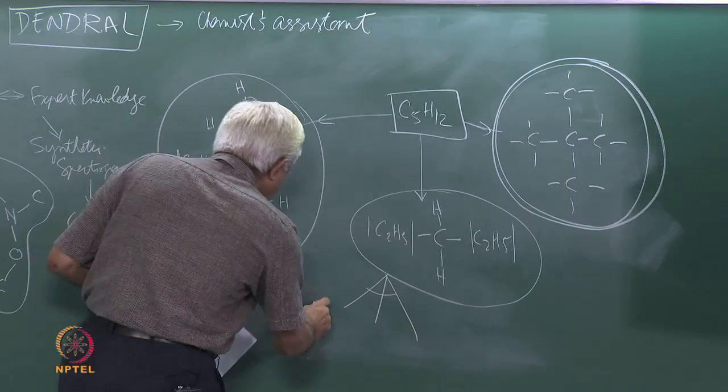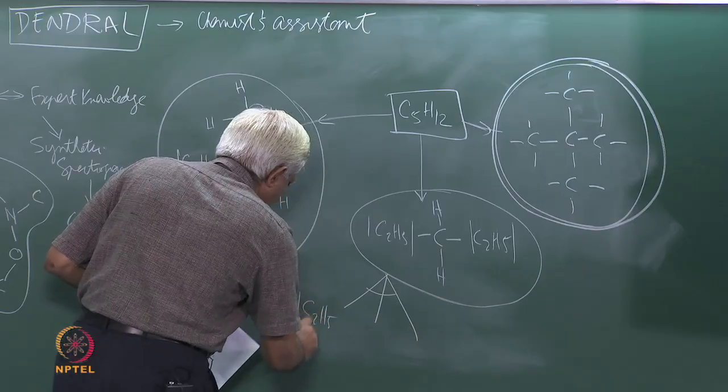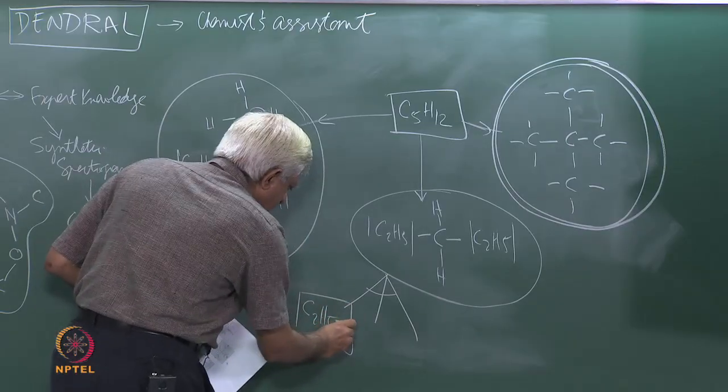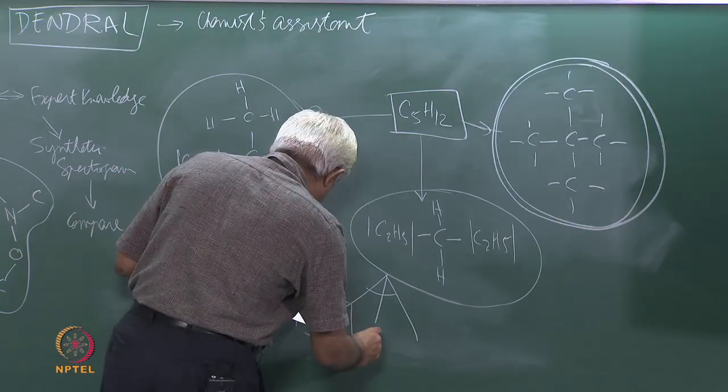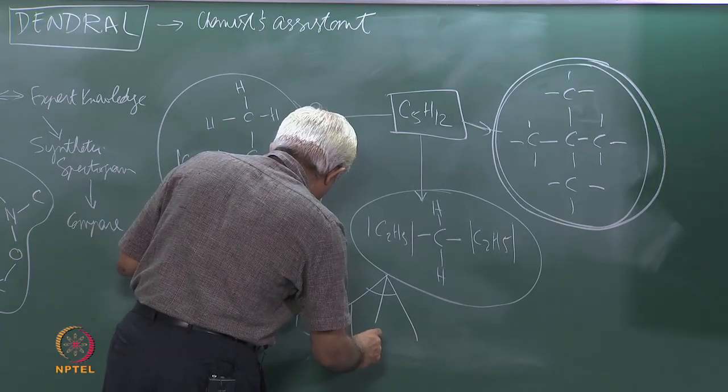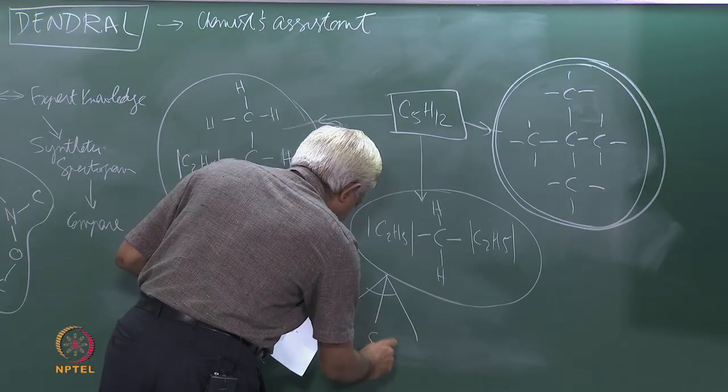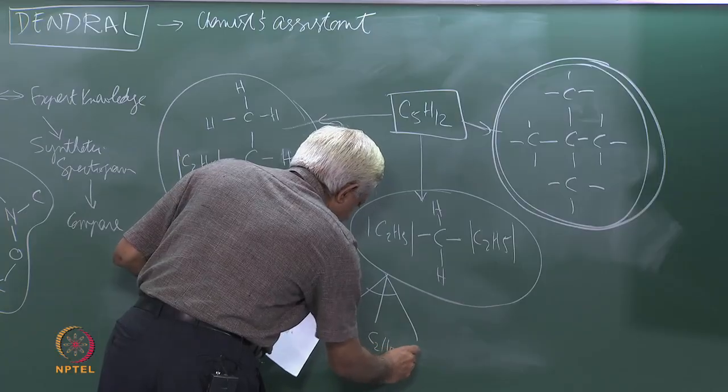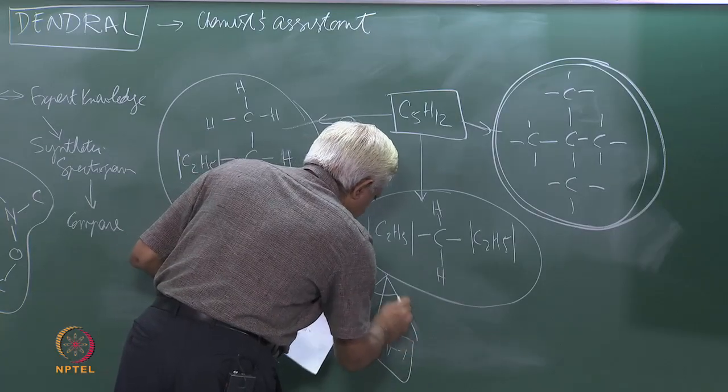So, you solve for C2H5 with a bond, then you have another C2H5 with a bond, and then you have